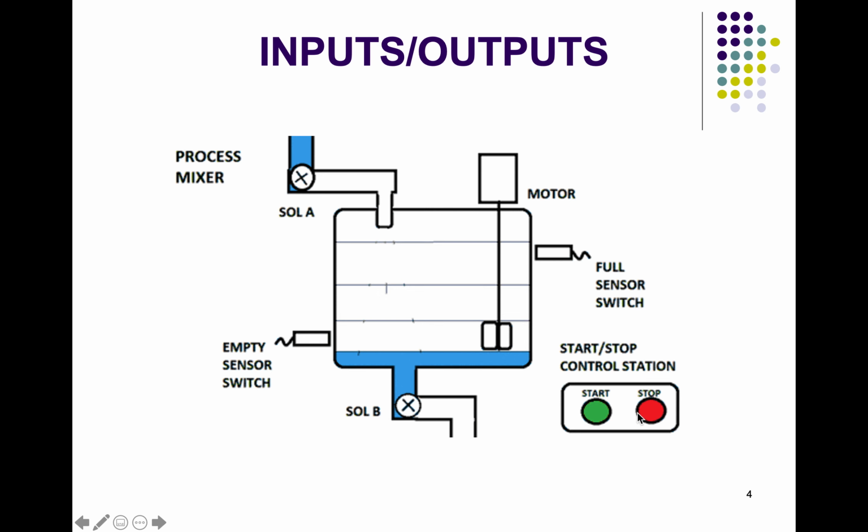So here we are also using some start and stop buttons, which is another type of input, and this says when we should start the whole process and when we should stop the whole process. This can be the starting of the work schedule, and stopping can be the end of the work schedule. So we can see some sensors we used as inputs, valves and motor we used as outputs, and we are using their logical connection to automate this process.